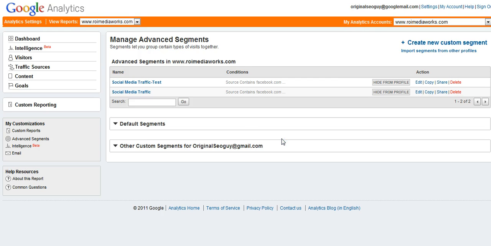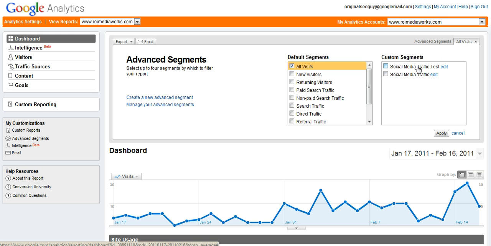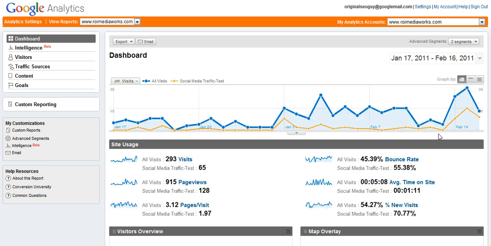That's it. Now we have the segment here, and all we have to do is go back to the dashboard to see how the social media traffic compares to overall website traffic. So to see that, click on all visits here right next to advanced segments. I'm going to select the social media traffic test I just created a couple of minutes ago. Apply. Then what you see here is a nice graph showing all visits versus the social media traffic, and